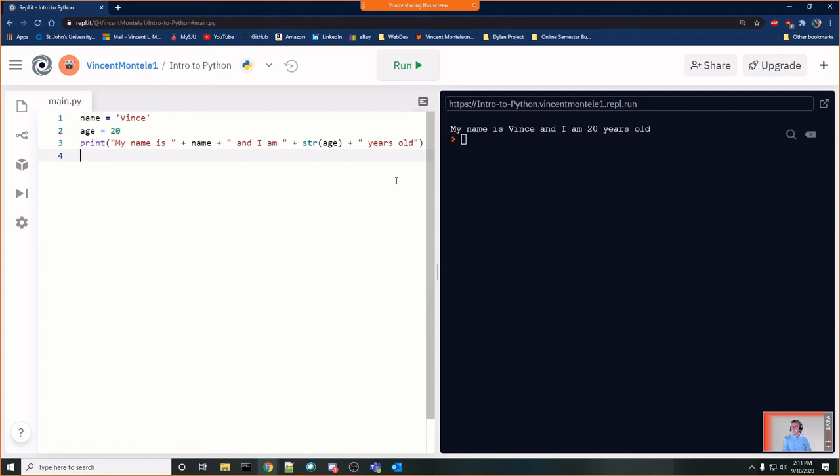Do we use single or double quotes? Justin asked. Justin, it does not matter in Python. So if I said Vince instead for double quotes, I can go ahead and it's the same result. The only reason you would use double quotes is because you can use apostrophes in your string if you needed to do that. So it does not matter.